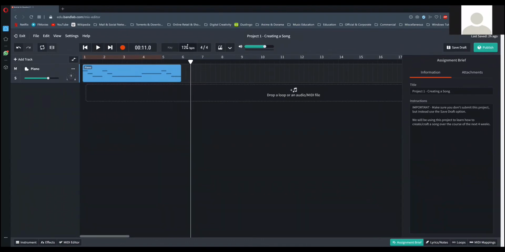Now tempo comes into effect here. Do I want the song this fast? Maybe I'll try it a little slower. Let's try at 100. Go to beginning. That's the speed. 100 is the right tempo for it.